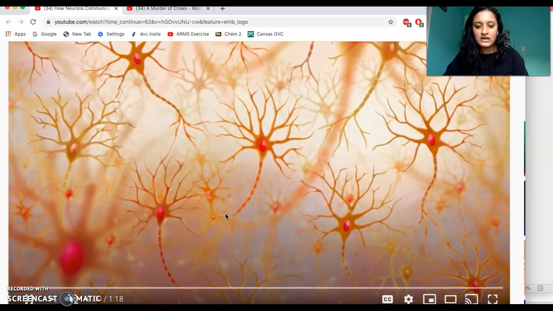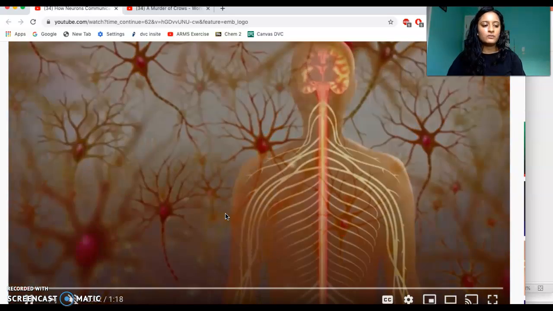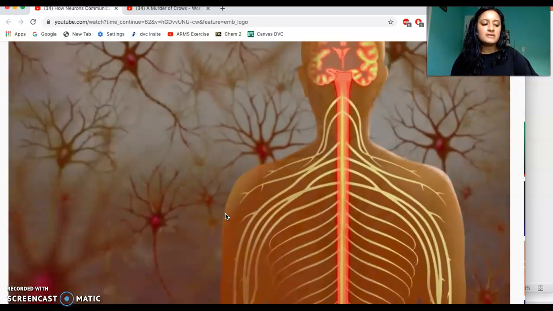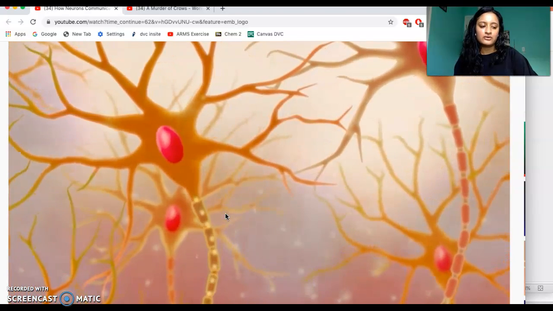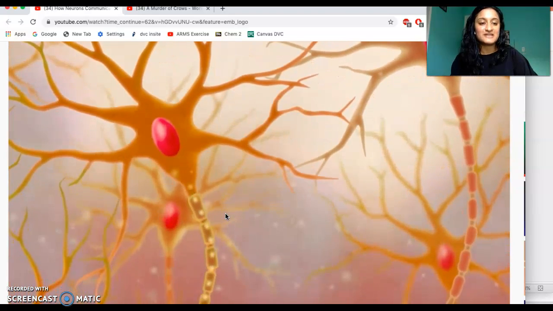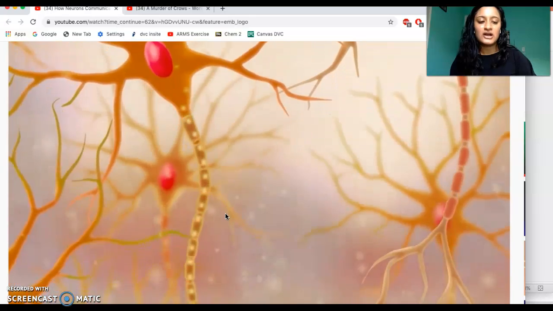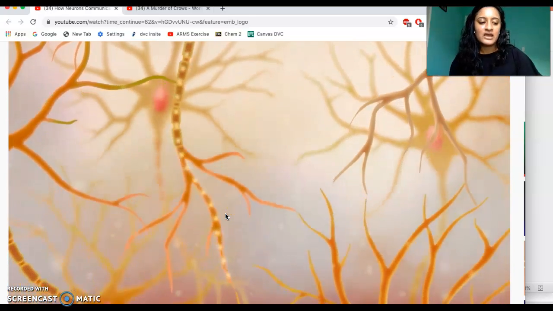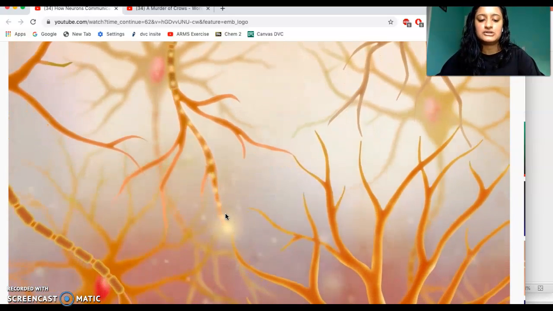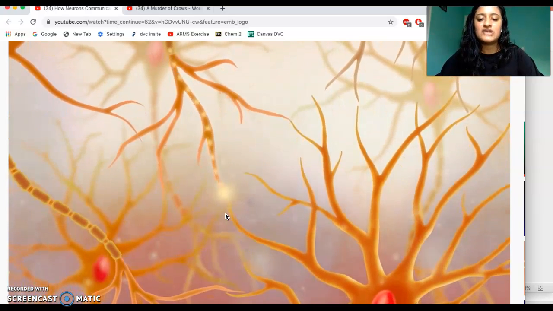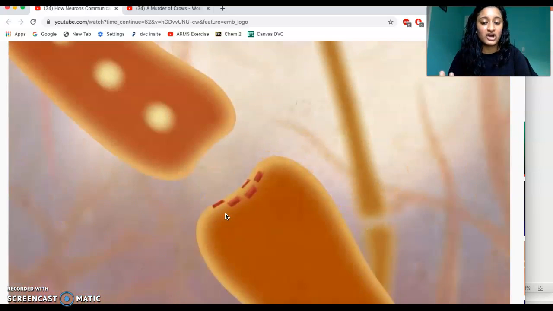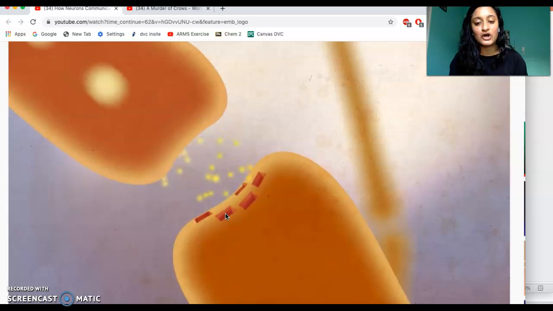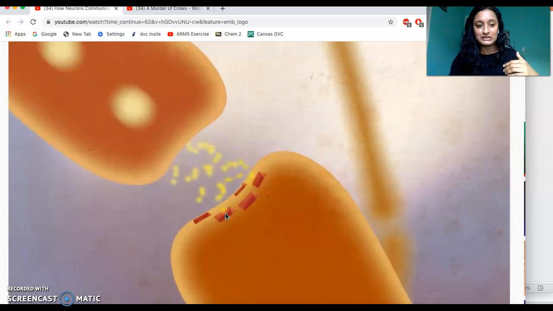So in this video, we'll see what's going on in the body. Neurons communicate using electrical and chemical signals. The messages start as electrical messages down a neuron called an action potential, and when they reach the gap between the two neurons, the message actually needs a little bit of help to get across. And this is transformed into a chemical message called a synapse. So this is where the information gets transmitted.